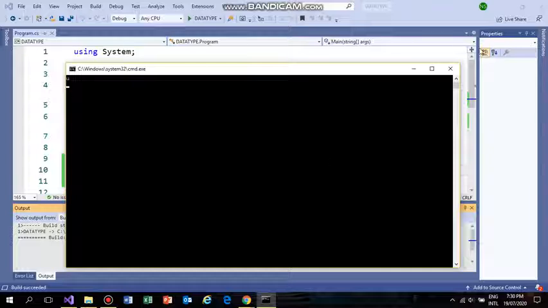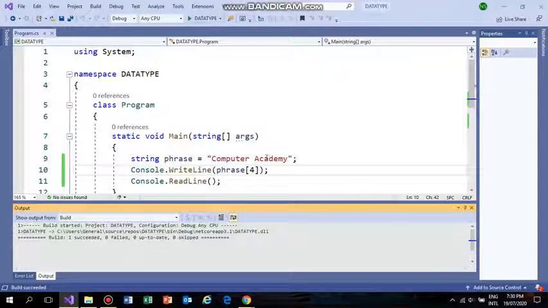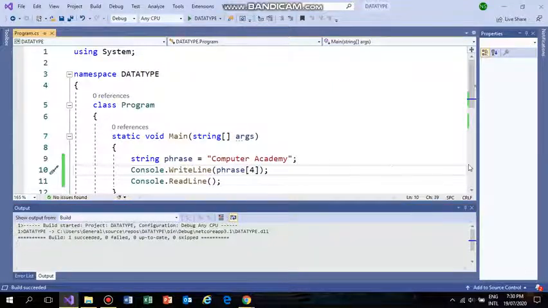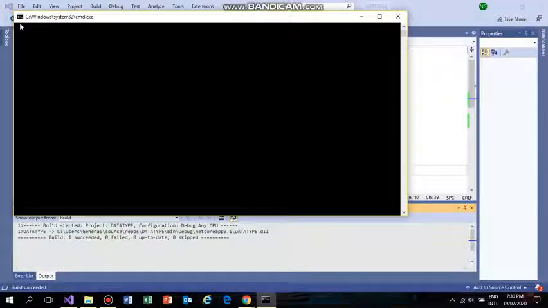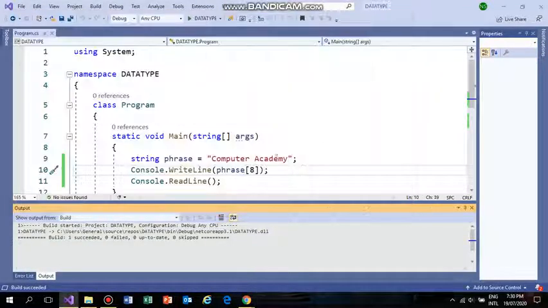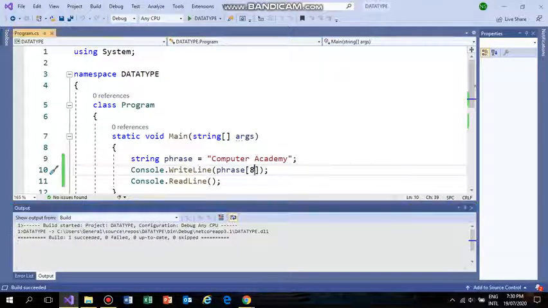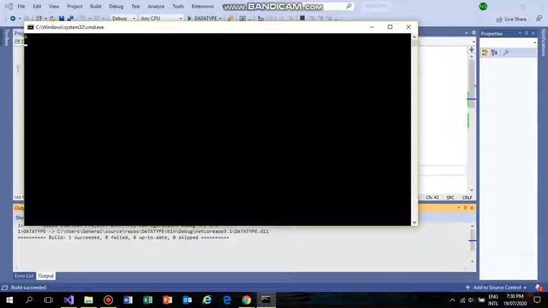Okay, if I wanted to know what is at position 4, see what the output is. That is the U. For example, if I wanted to know the letter at position, counting 0, 1, 2, 3, 4, 5, 6, 7, 8, let's suppose I write 8 here. Let's see what happens by pressing Ctrl F5. There is nothing; there is a space. So the computer automatically counts the space as a character, and now at 9 definitely the answer will be A. So here we go, our output, Control F5. There is an A.